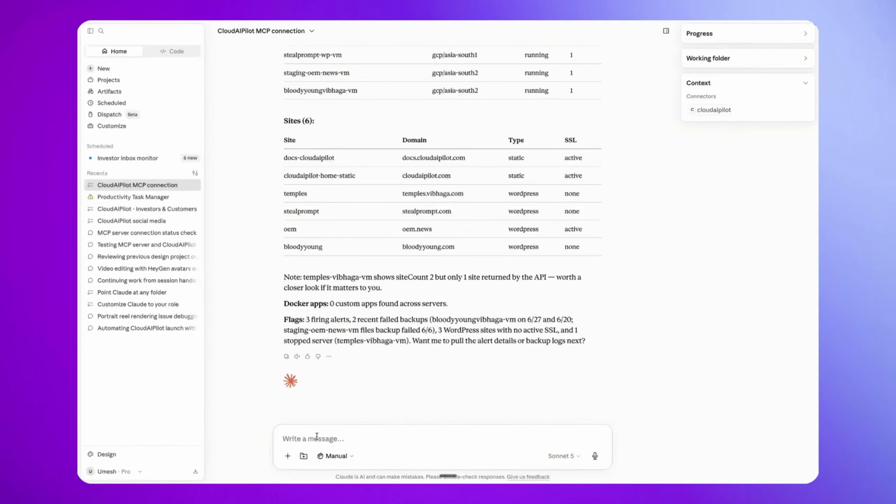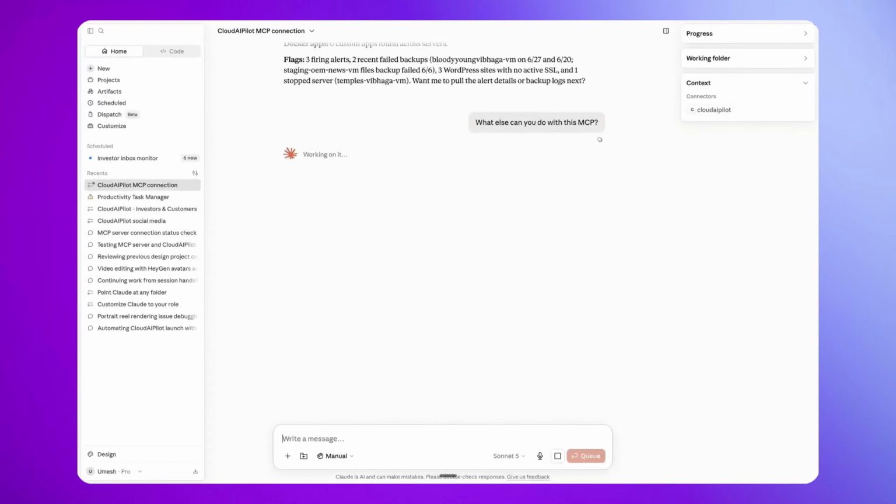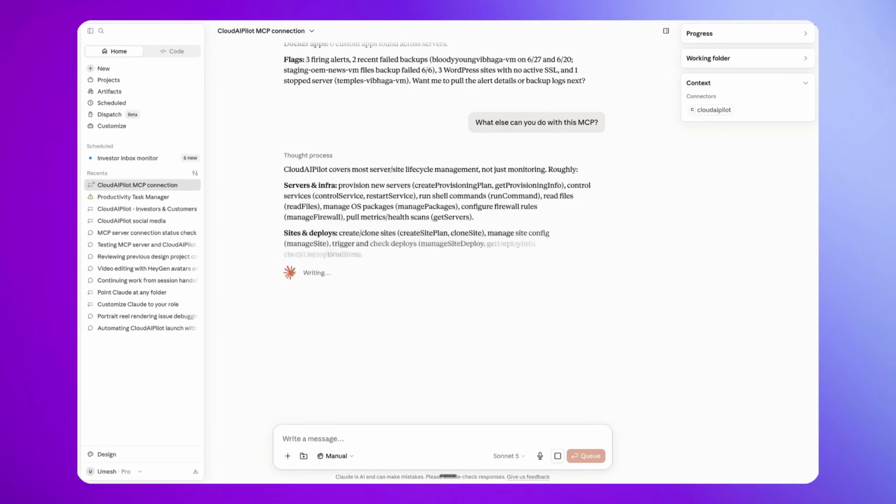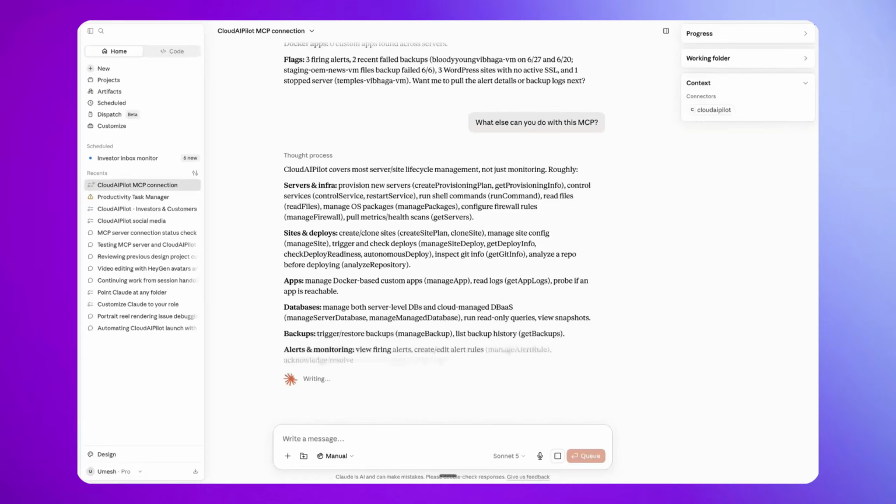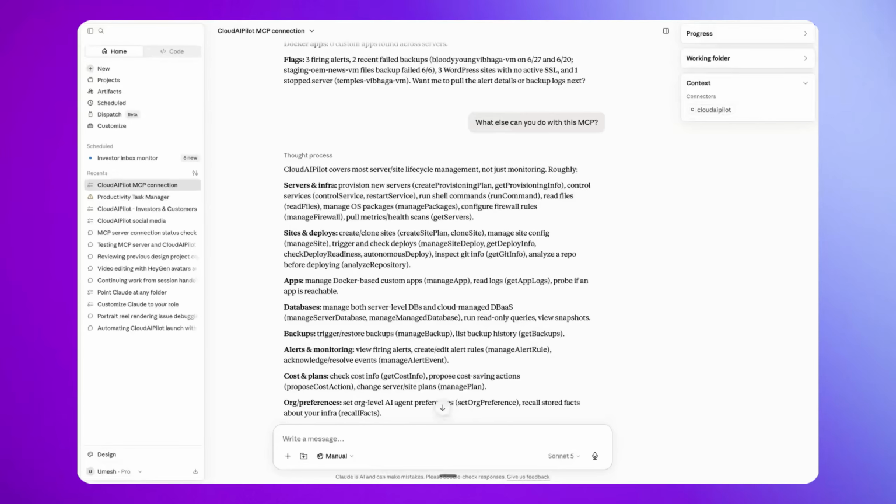You can also ask Claude what else you can do with this MCP. You can manage servers and infrastructure, deployment operations, Docker apps, backups, alerts and monitoring, cost and plans, and much more.